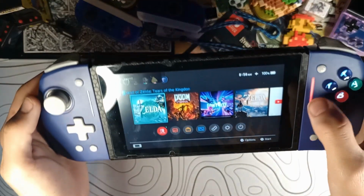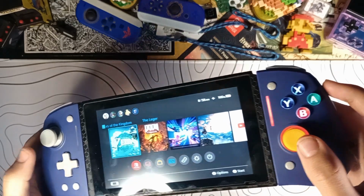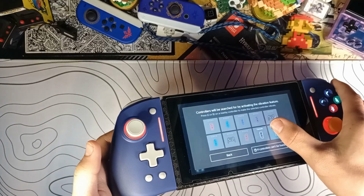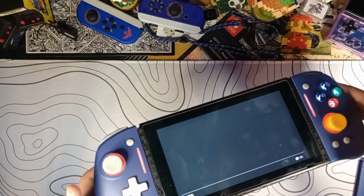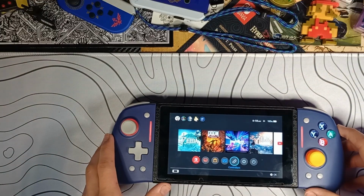So I knew that all of this lit up, but I wasn't aware that the actual face buttons would light up, so that's another cool touch. In the settings, it just kind of shows gray Joy-Con, which isn't surprising. So using the vibration in the Find My feature, I can already tell that the rumble definitely isn't HD rumble, it's that of a standard controller, which isn't that big of a